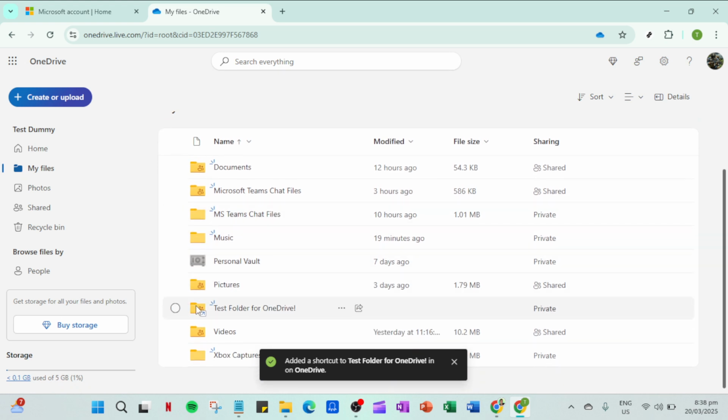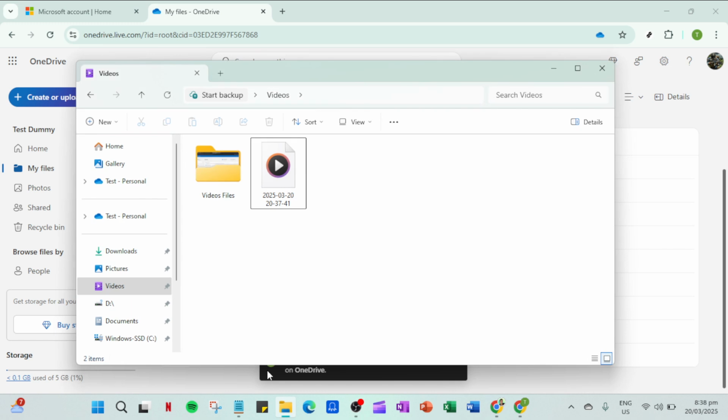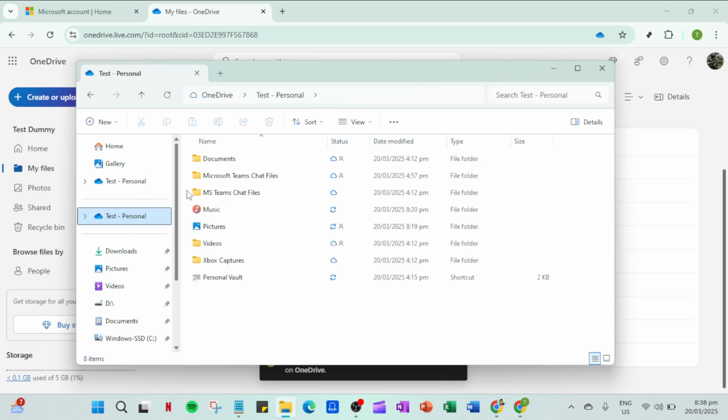Open your File Explorer, and in the left panel where all your drives and folders are listed, find the OneDrive folder. This is the central hub for your cloud-stored files on your local system. Navigate into the OneDrive folder, and you should now notice the newly added shortcut to the shared folder. This integration allows you to easily access its contents directly from your File Explorer as if it were any other local folder. By following these steps, you've effectively added a shared OneDrive folder directly into Windows Explorer, simplifying access and